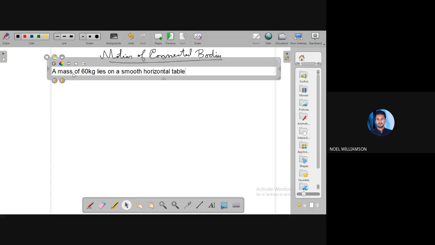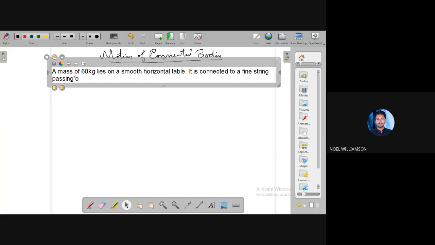It is connected to a fine string passing over a smooth guide pulley on the edge of a table,